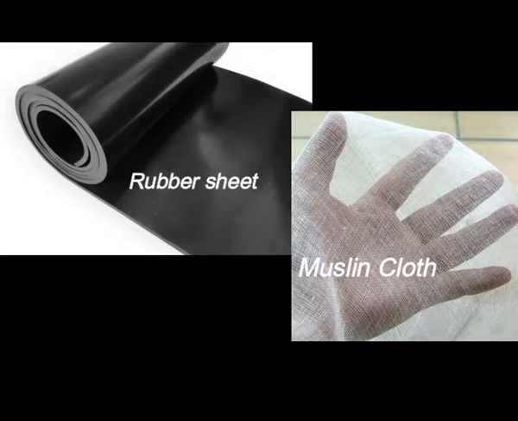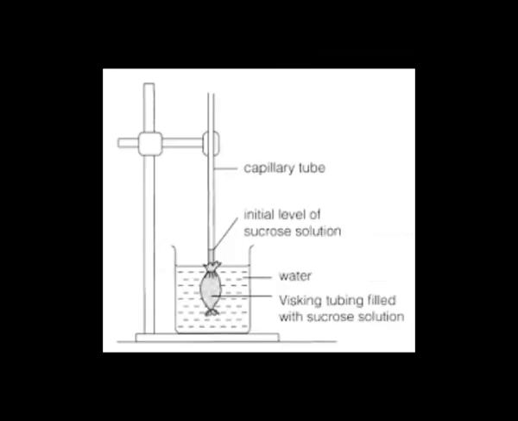Now the same experiment can be performed by using a whisking bag. Whisking bag again is a semi-permeable membrane, which is shown in figure 4.5 on page number 41. So what happened here? Place the sugar solution in a knotted whisking bag instead of using the Thistle funnel. In the previous experiments we took the Thistle funnel, but now, without the Thistle funnel, only a tube or a capillary tube is connected with a whisking bag, and this whisking bag is inserted with a long glass capillary tube till some of the sugar solution rises in the capillary tube.